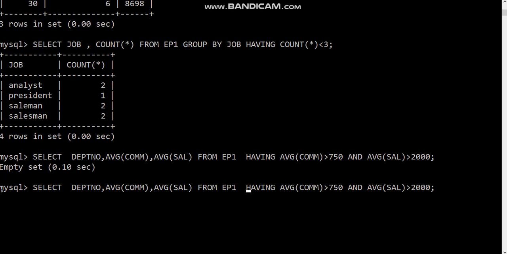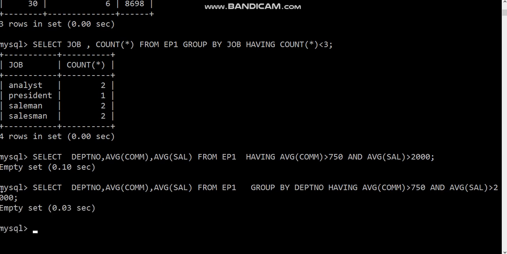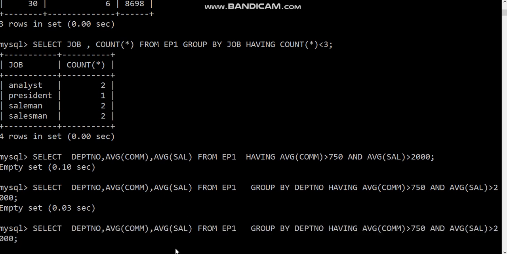From here, group by DEPTNO, department number, having this. Even then it was not going to make any difference because there was nothing, so grouping cannot be done. Okay, but now I just want to do a little bit more change in it.